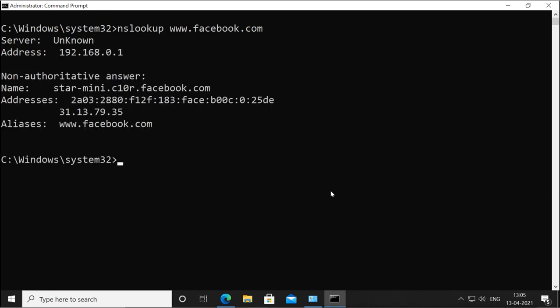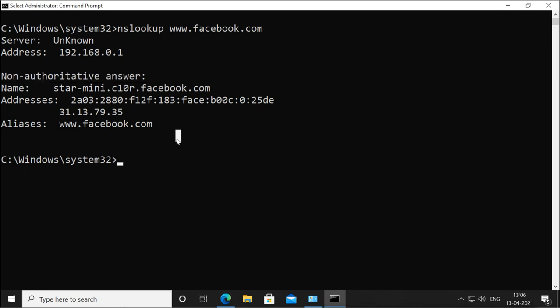now you will see what it is saying. It is saying that this is my DNS server who is replying to me, and the name of the server is unknown because it is the Wi-Fi router we have. This is my internet router which is sending me the reply, so it is the DNS server for me. Now what it is replying here is a non-authoritative answer. Remember, it is not authoritative because this DNS server which is replying to me is not the DNS server of facebook.com. So it is not authorized to reply. It is giving me a non-authoritative answer.